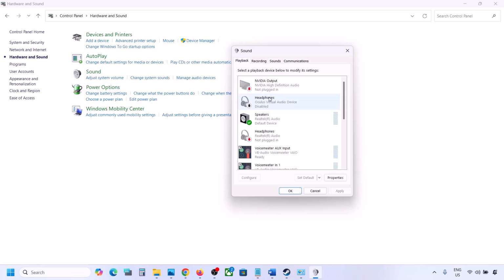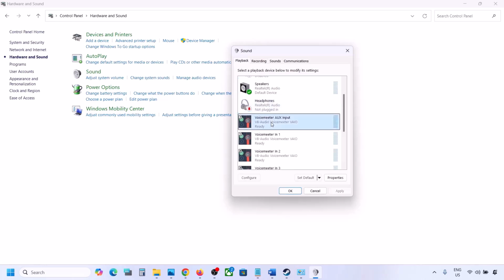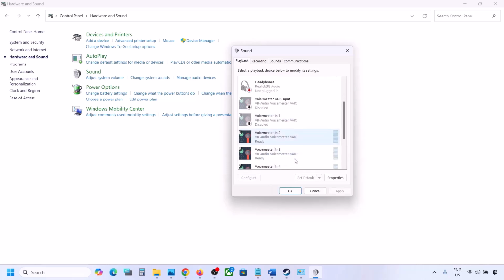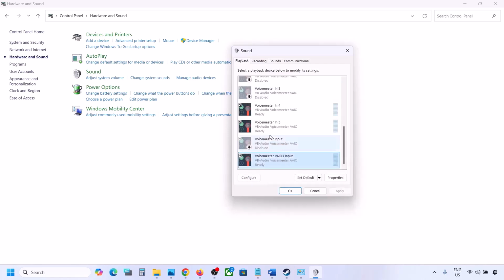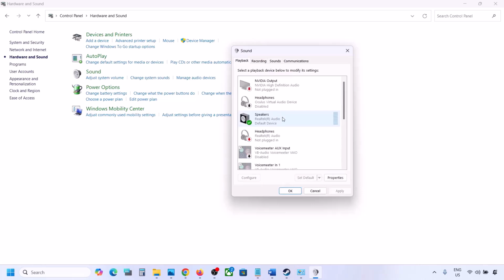Whenever you want to enable, you can simply make a right click and enable it, but while playing the game, if you want, you can disable it. So I'm not using this headphone, I'm not using voicemeeter, so I will disable everything. So disable audio devices which you're not using. Now once you disable all the audio devices which you're not using, you can launch the game, but make